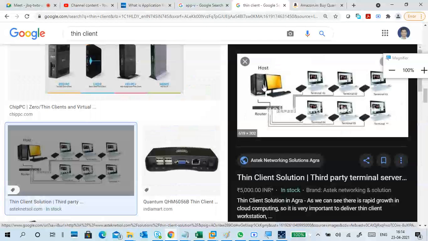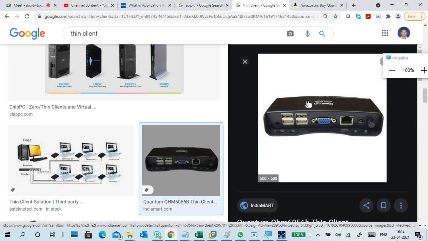It means there is a main host PC, and these thin clients are connected to it. They are small boxes. It contains a very basic processor, RAM, and a small storage space. It is not used for installing traditional operating systems or applications. It's nothing but a small connector, just like a hub or a switch.